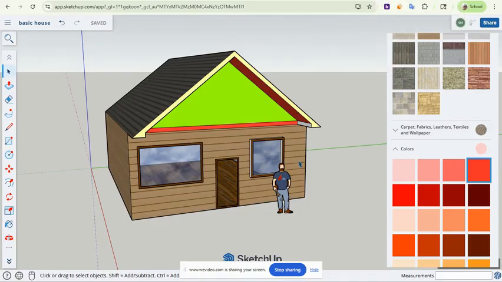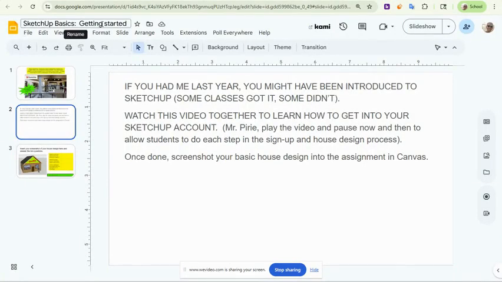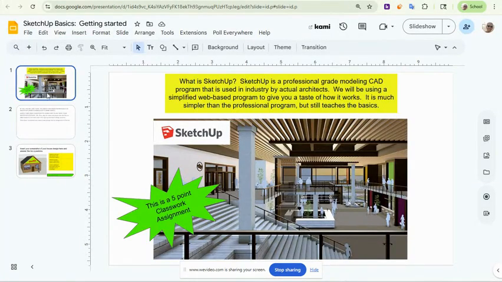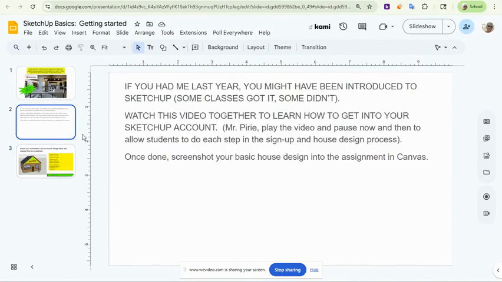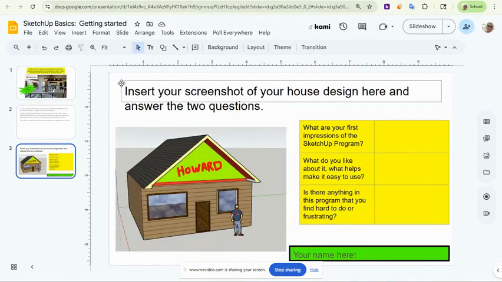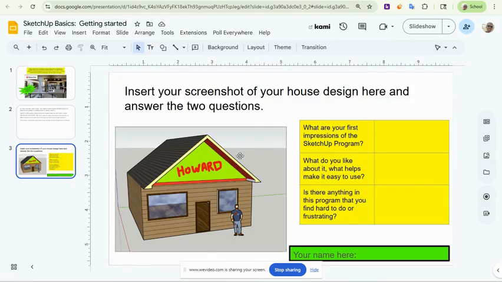Okay, so we have our house, and now we're going to turn this assignment in. So you're going to go into your Canvas, and you're going to look for the assignment that says SketchUp Basics Getting Started. You probably already are in this assignment. But anyway, the last slide down, the third slide down, it says insert your screenshot of your house design and answer these two questions. So you're going to take this one, you're going to delete mine,